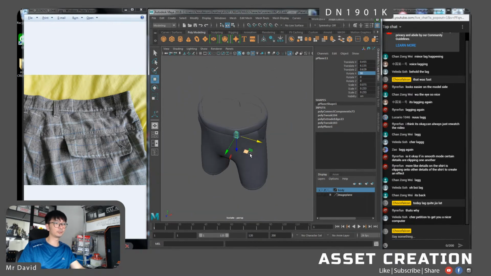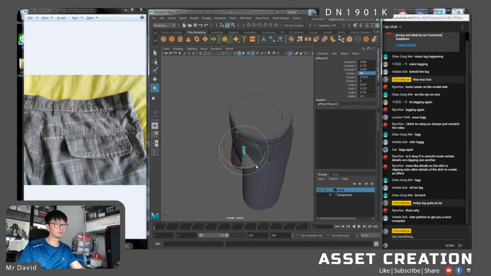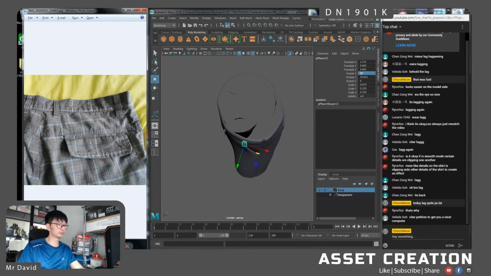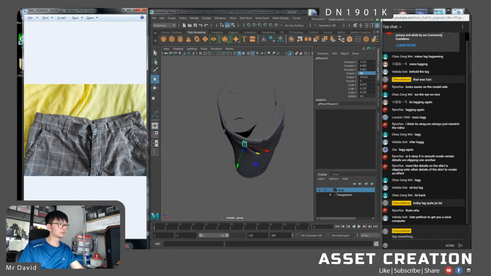Okay, so I'm going to put one here. I'm going to Control D, duplicate, start to position them. So this is actually the back of the pens. The front,